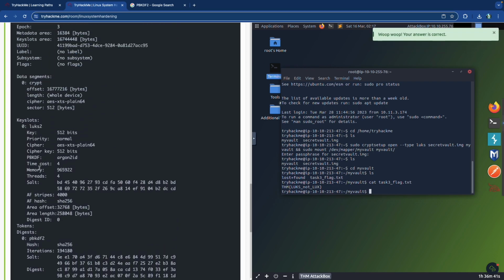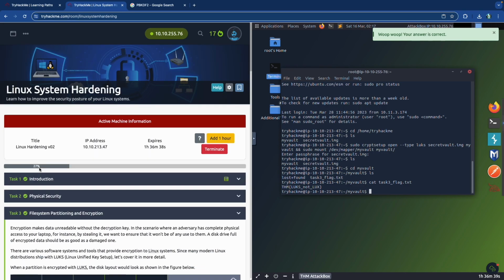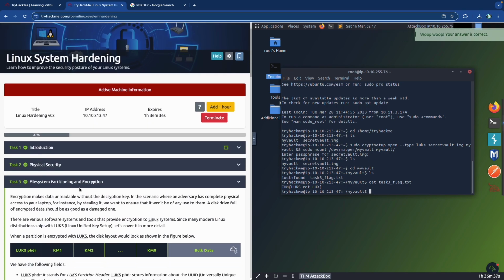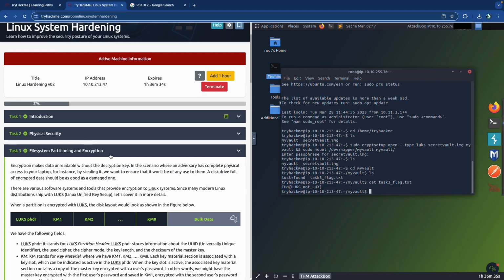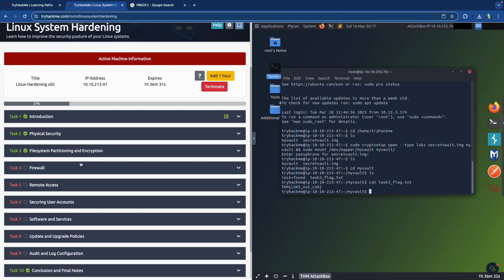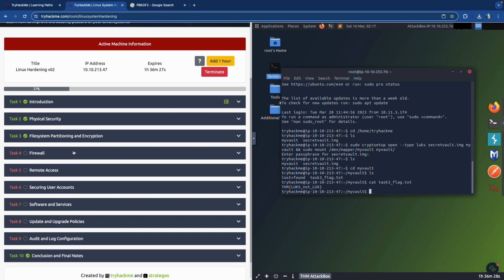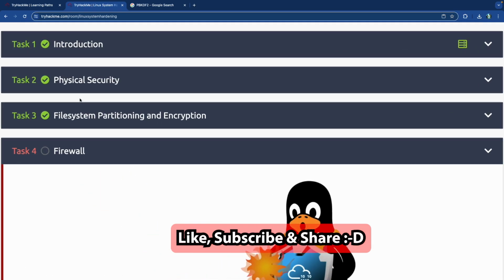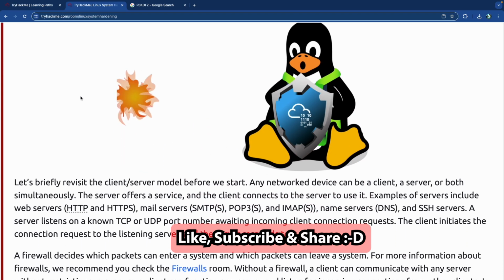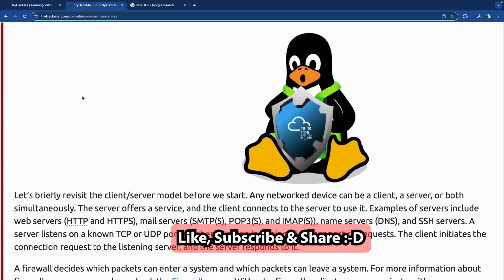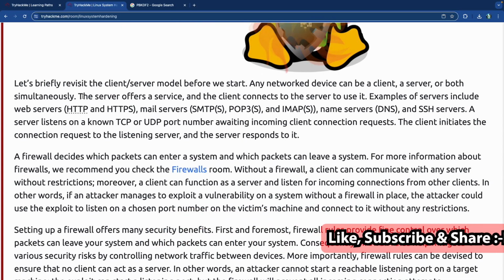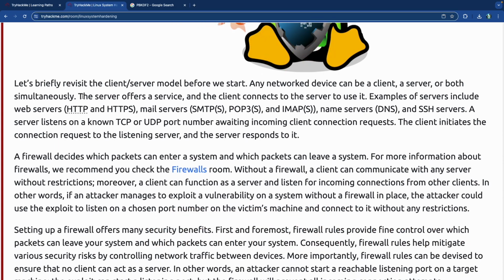Cool beans. So there we go. That is it for our file system partitioning and encryption task. So let's move into the firewall task. All right, the firewall. Look at that. Our little penguin is being protected by a little shield. How nice is that? So the client server model is what we're going to revisit real quick before we can